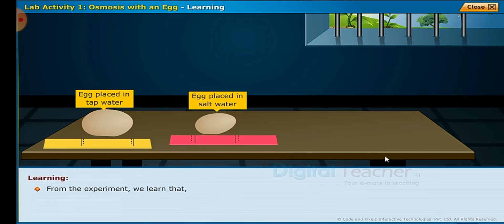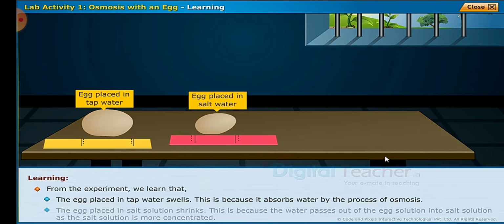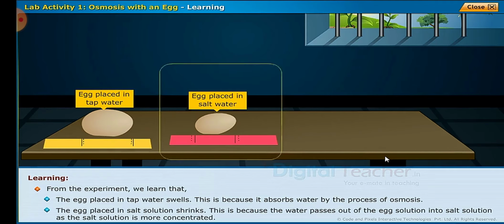From the experiment, we learned that the egg placed in tap water swells. This is because it absorbs water by the process of osmosis. The egg placed in salt solution shrinks. This is because the water passes out of the egg into the salt solution, as the salt solution is more